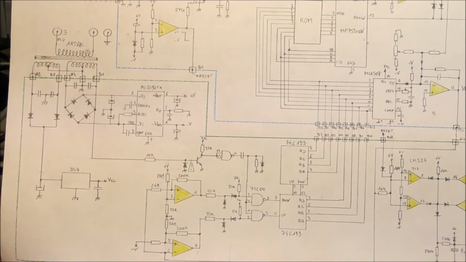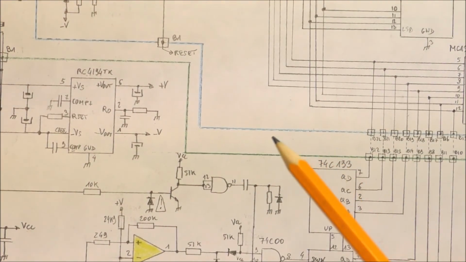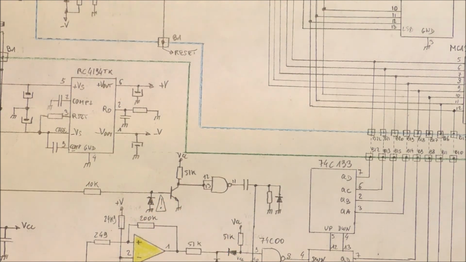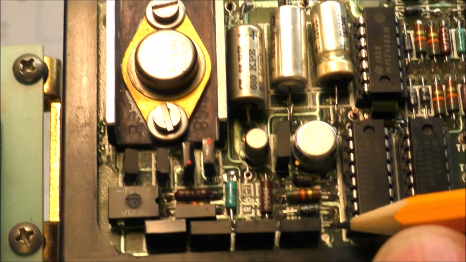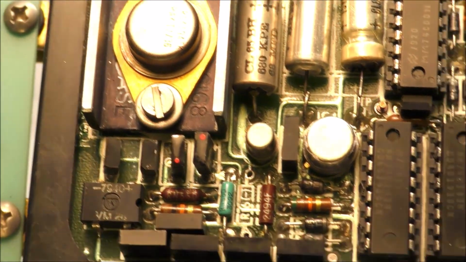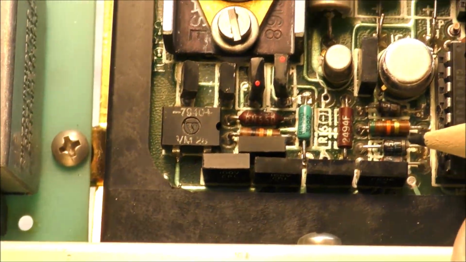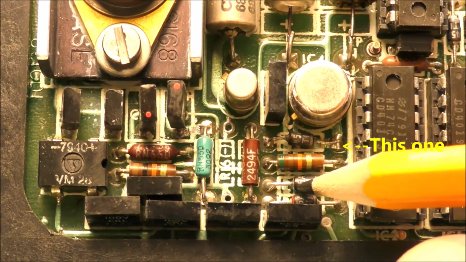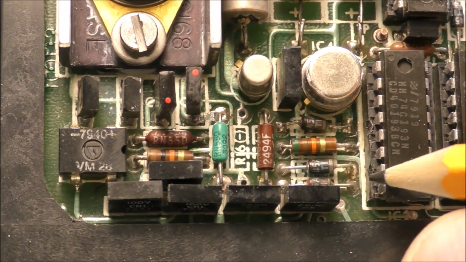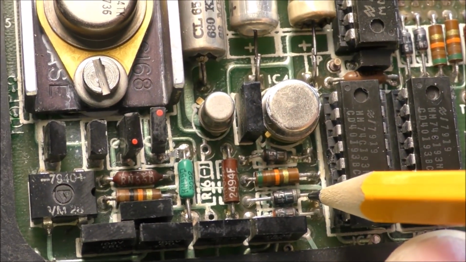There is something strange on this board. This is this diode here. So I have represented the diode as it should be. So this diode permits to avoid a negative voltage on the base of the transistor. On that particular device, this diode was mounted in the reverse direction. You can see this diode. It is this one here. And you can see maybe, I don't know if we can see clearly on the camera, but the diode is not soldered correctly. Okay, but you can see the silk screen. The cathode is on the left and the diode is soldered with the cathode on the right.